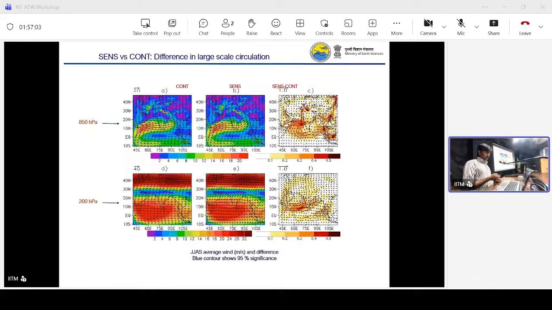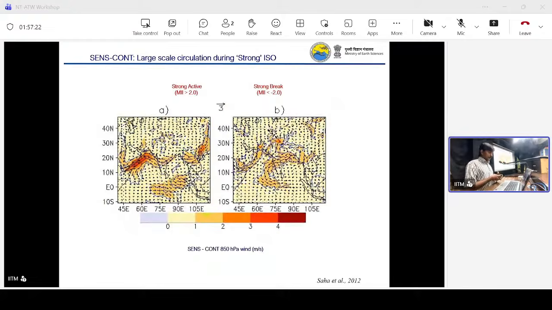Okay, so what you see here, that sensitivity minus control, that mean circulation has decreased, it has become weaker. At 850 hectopascal and 200 hectopascal, because this is the closed system. So if this is decreasing, this will also become weaker. And if you look at the MISOs, actual MISOs, strong and active MISOs, you can see clearly they are becoming weaker. So there is a land atmosphere feedback on intraseasonal time scale